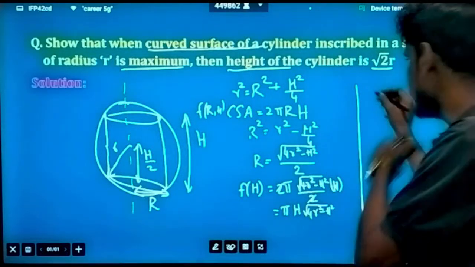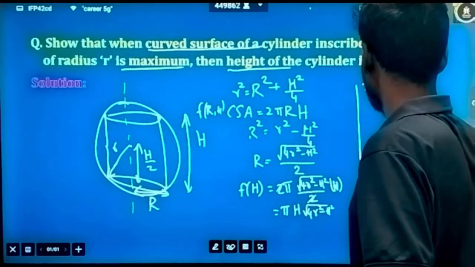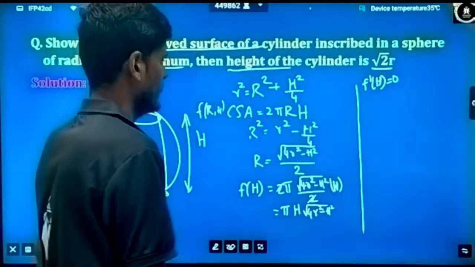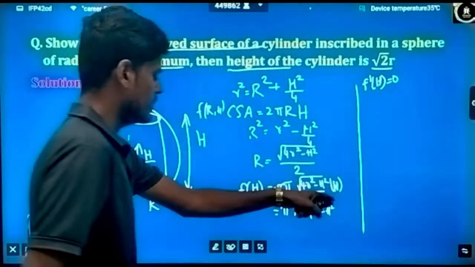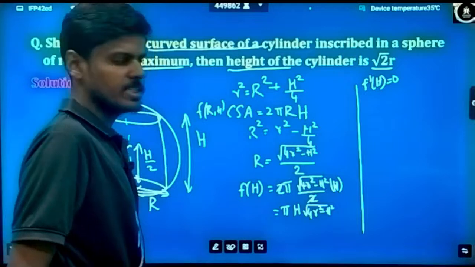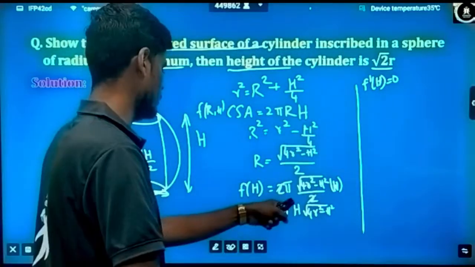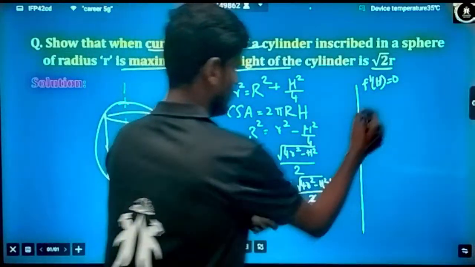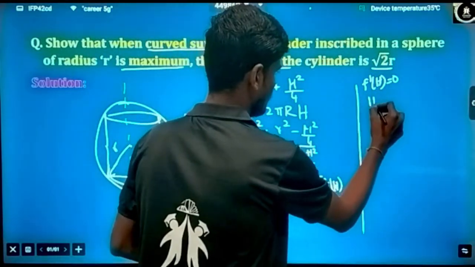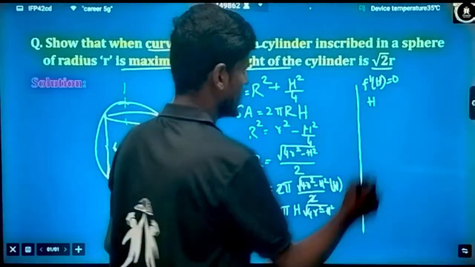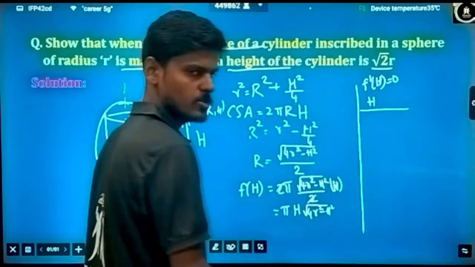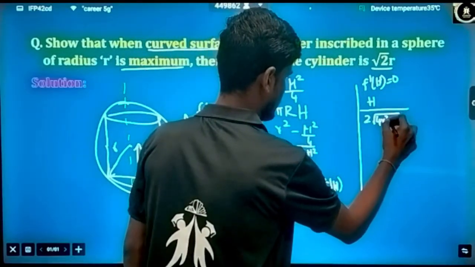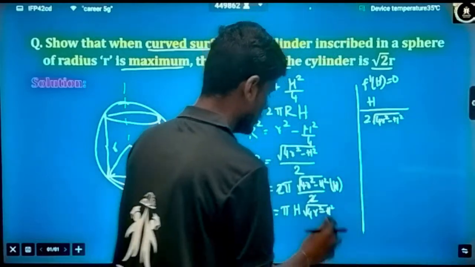Here f dash of h equal to 0, f dash of h equal to 0 for maximum or minimum. That means what is f dash of h? Differentiate this. Pi is anyways constant, so when we equate to 0, we don't need to care about that. This is a product of two functions. That means first function into differentiation of second function. Root x square is 1 by 2 root x, 1 by 2 root 4r square minus h square into differentiation